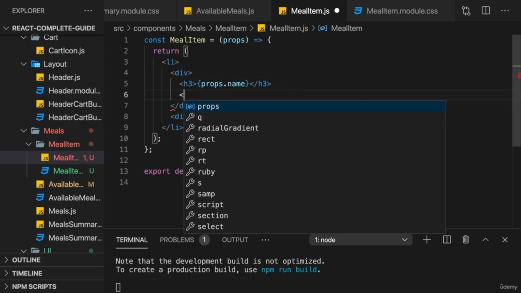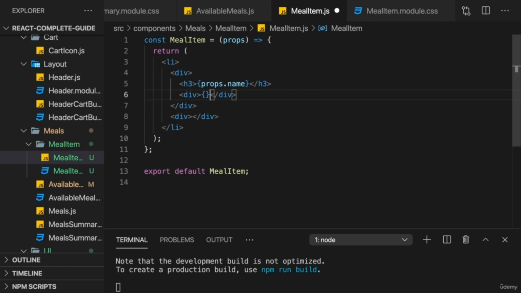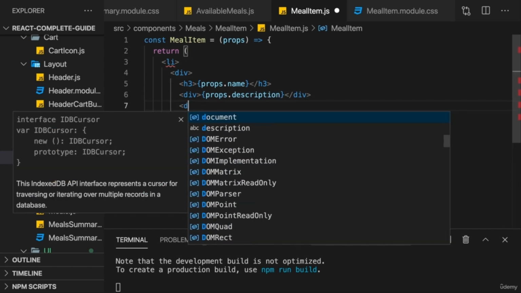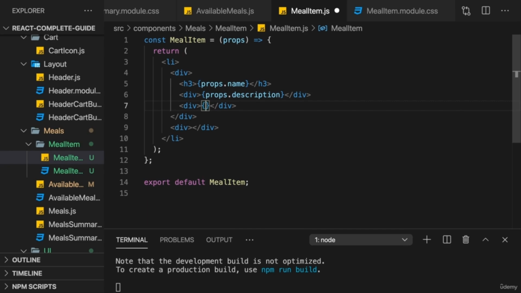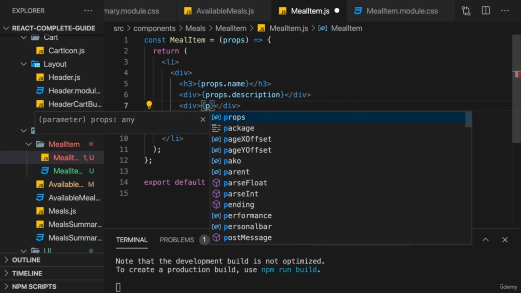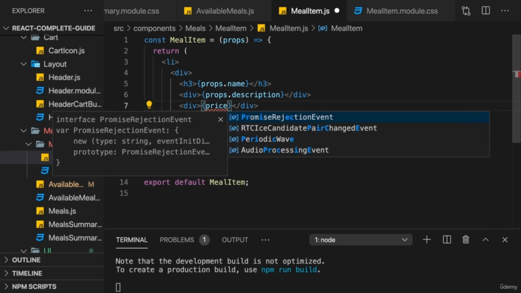And below that h3 tag, I'll add a div where I want to output the description. And I'll therefore access a description prop here. Again, the prop names are up to you. And another div with the price. However, here,